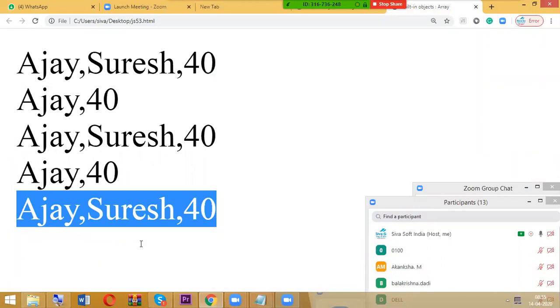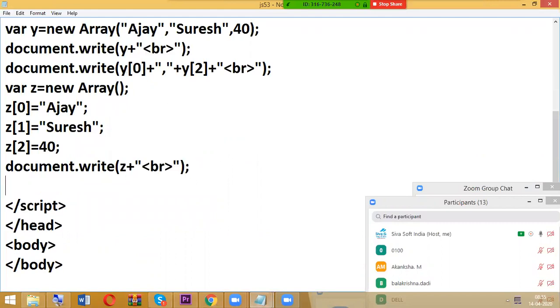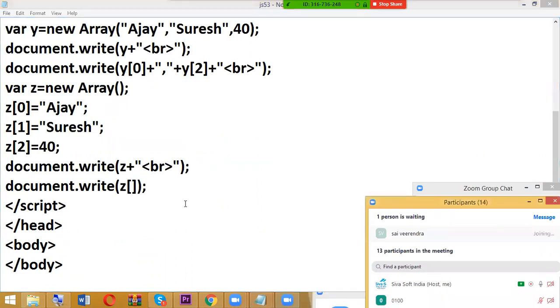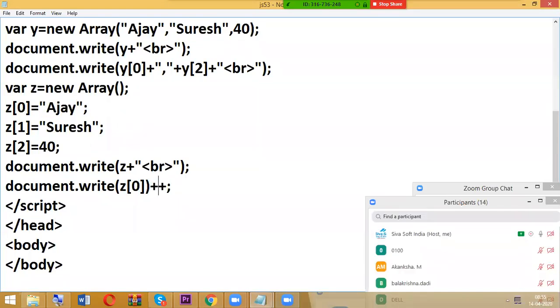And next, in a new line, document.write. I want to display by index number. So z of 0. Zero means Ajay. In between, I want the comma.